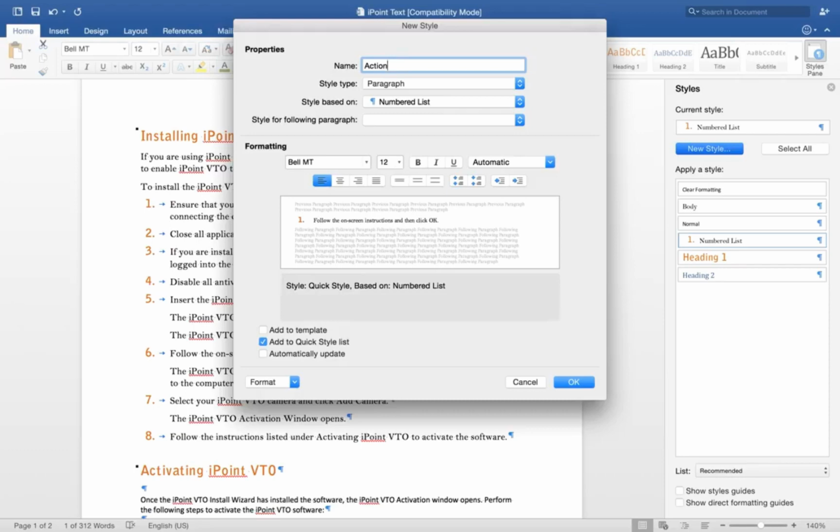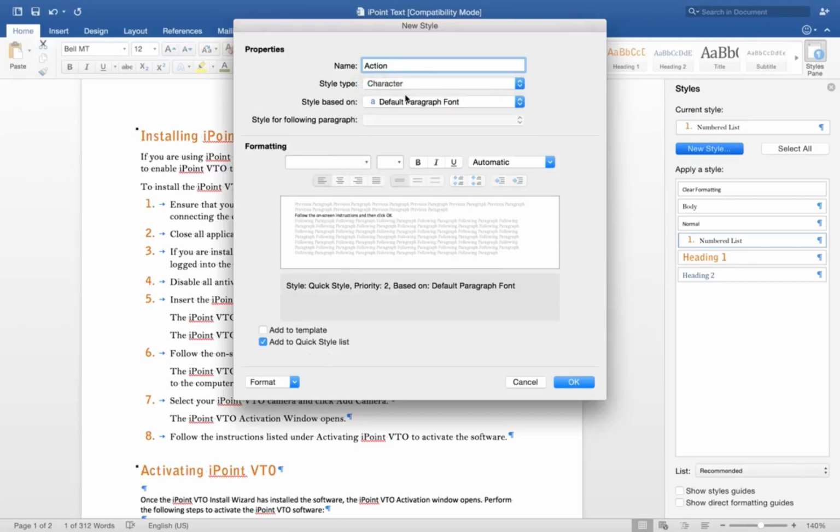And what if 3 years from now somebody decides that we don't want our actions to be bold-faced, rather we want them to be blue text? So if we name it Action, it's more descriptive and it's applicable no matter what the formatting is that's applied to it. The style type, this is slightly different than what we've been doing. We're going to create a character style. And the only thing we need to do on this window is click the bold button. If we wanted the text to be only italic, we would select the I for italic. Click OK.